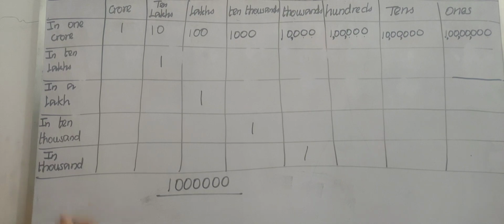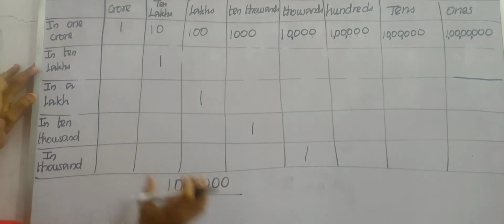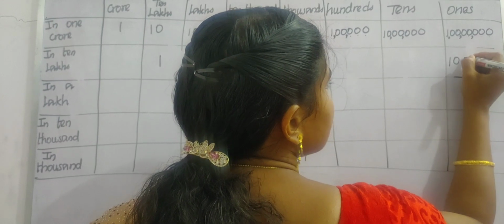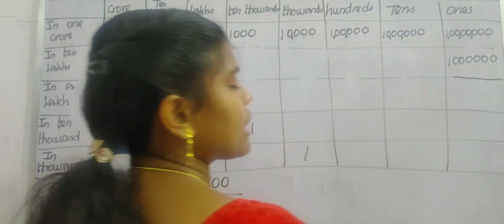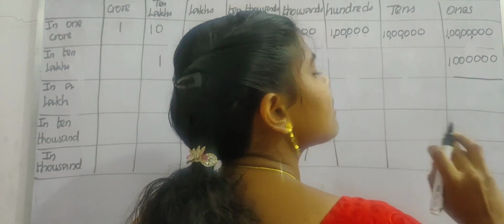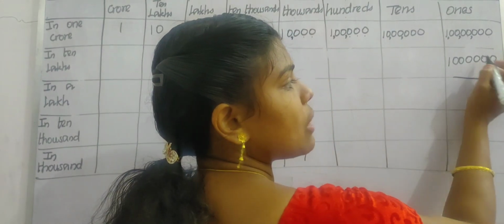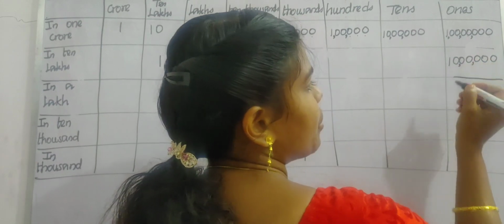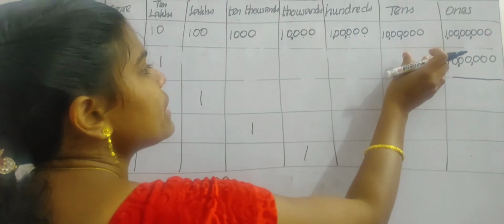Okay children, so first of all we need to find ones. Ones means we need to write the 10 lakhs as it is. We can write 10 lakhs there as it is. It is the smallest 7 digit number. 1, 2, 3, 4, 5, 6, 7. How will you put the comma? We need to count from right to left. First of all, we need to count 3. 1, 2, 3. Count 3 and insert comma. And again, we need to count 2. 1, 2 and then put comma. That's it.